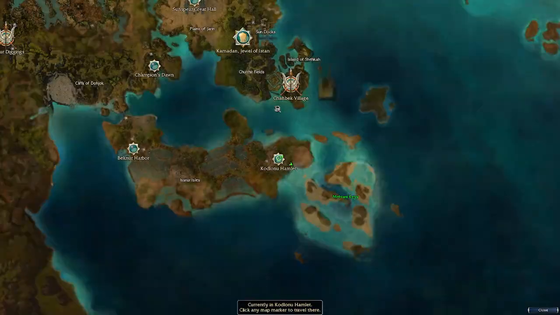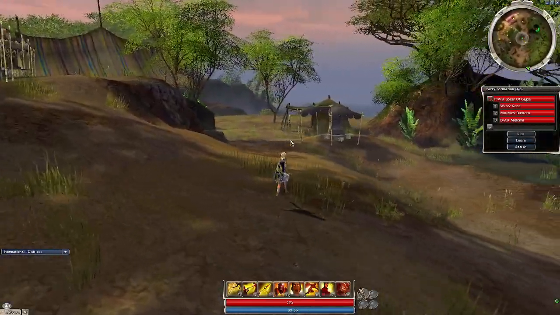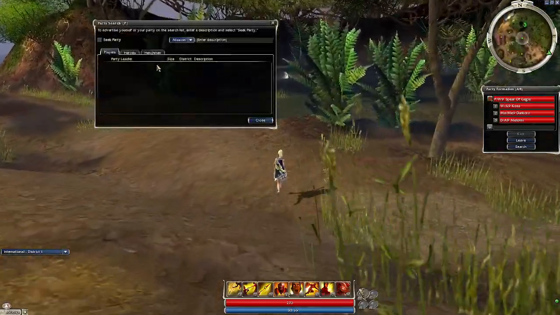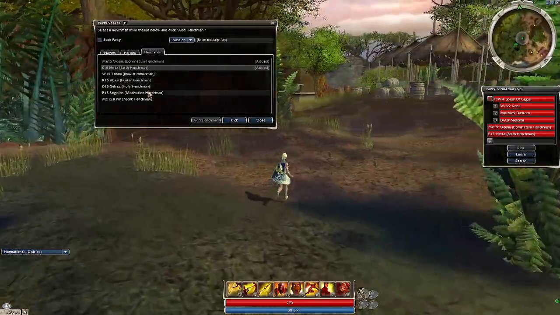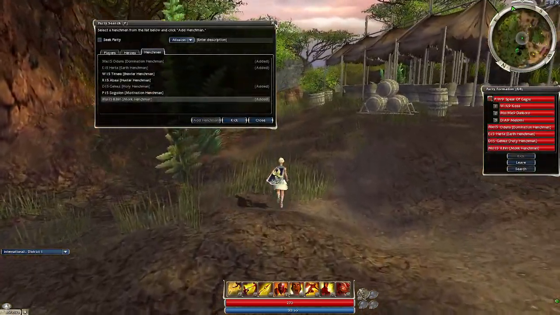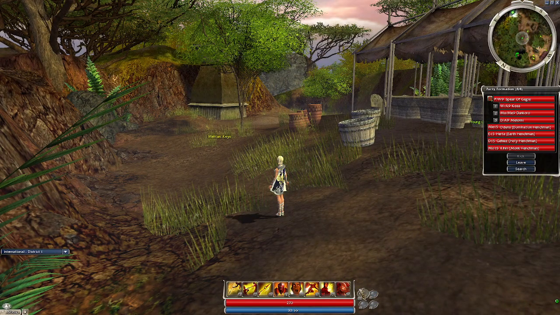We are here in Condu Hamlet. We are still chasing undead. Let's fill up the party. Dawn Earth. Holy monk. Just before we go, we're going to do a little bit